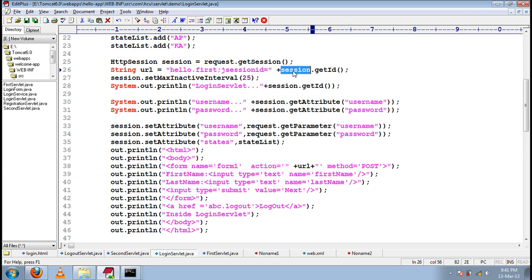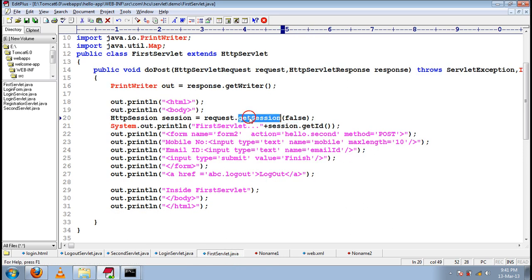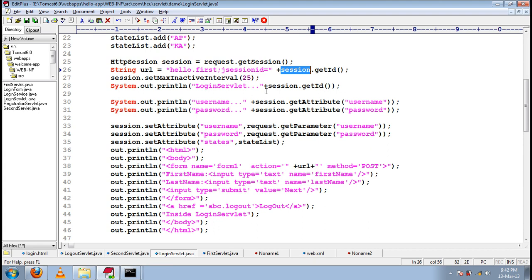Did we manually append the session ID to the session that is created in the first servlet? What we have done is just created a session and we are executing session.get. Are we doing that manually? Are we doing that through the code? Are we appending the ID of the session to the session object created in the first servlet? No. The control will go from login servlet to first servlet. While going from the login servlet to the first servlet URL, we have just added a header with the